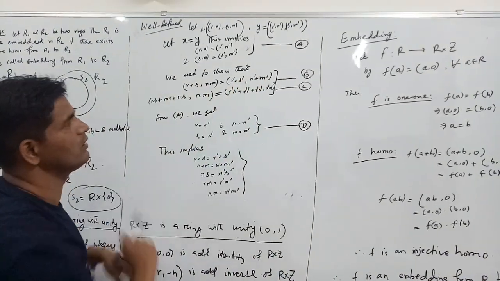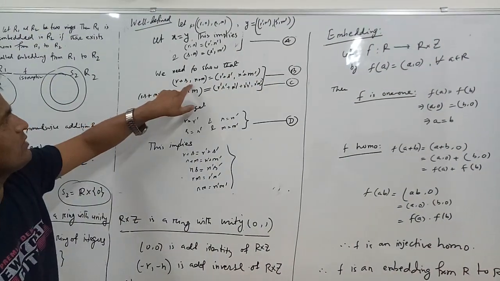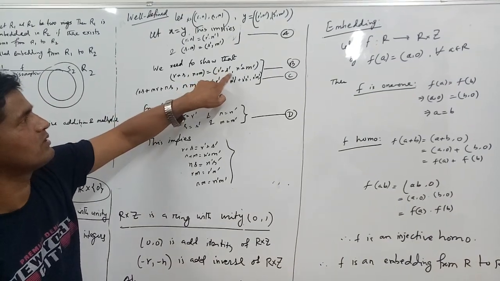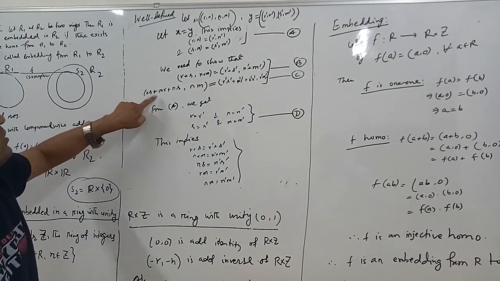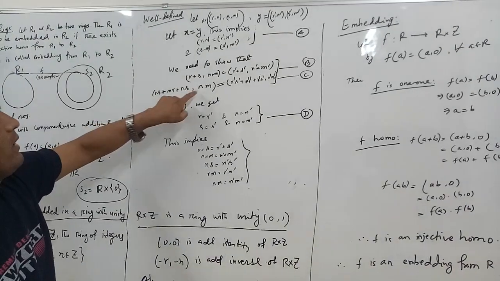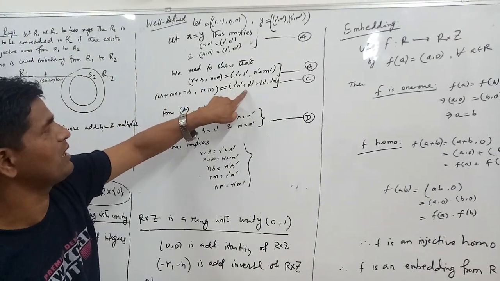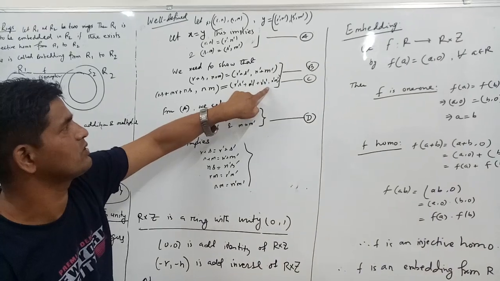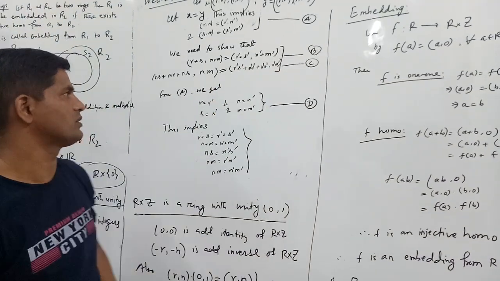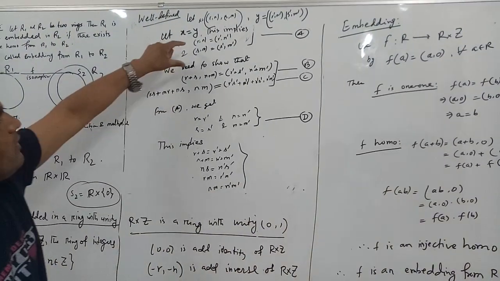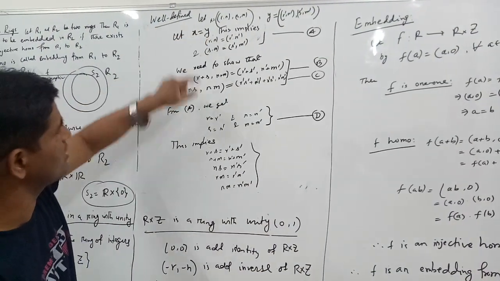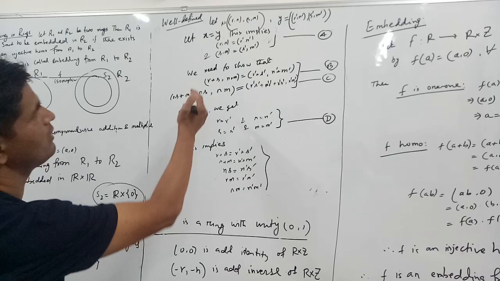We need to show this relation: (R+S, N+M) = (R'+S', N'+M'), and for multiplication we need to show that (RS+MR+NS, NM) = (R'S'+M'R'+N'S', N'M'), this relation. So from this relation we get, by comparing components, R = R'